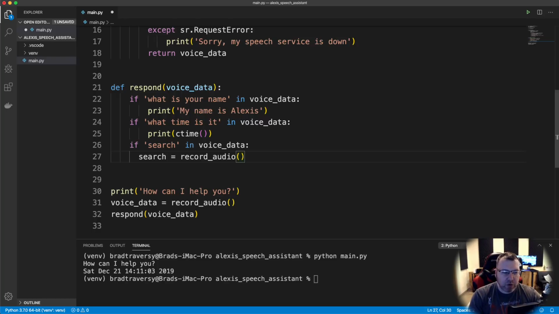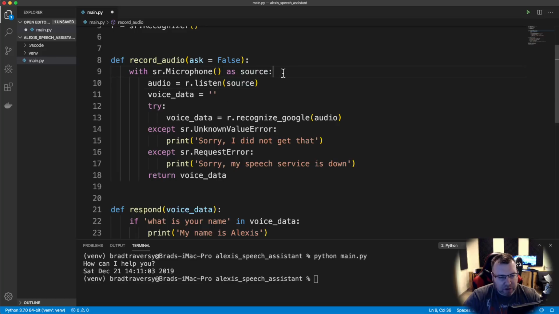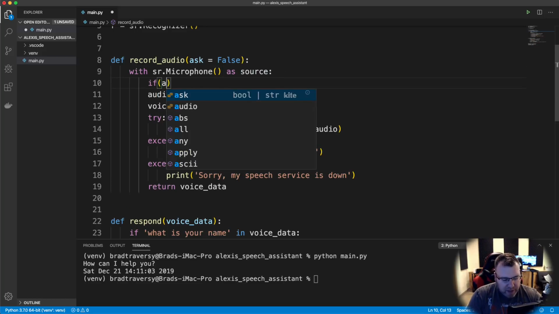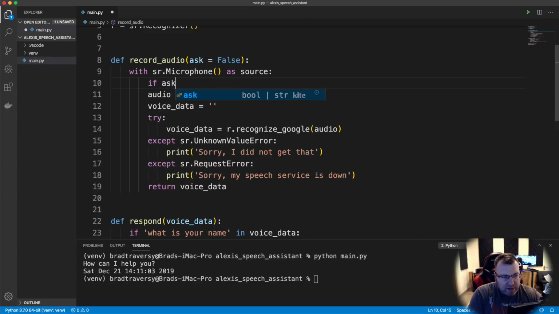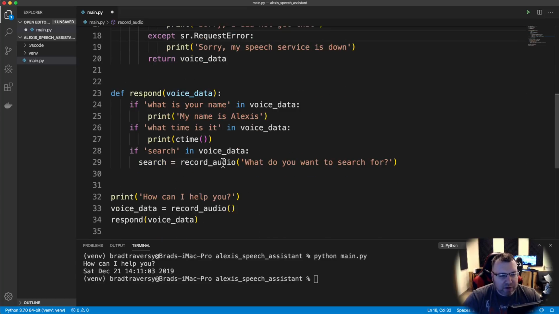because we need it to know what we're saying back. Now this record audio, I'm going to pass in an optional parameter for it to actually ask a question. So we'll say, what do you want to search for? And up here in the record audio, we're going to have an optional argument of ask. We want to set that initially to false because it's optional. And let's put this right above audio. So right here, we'll just say if ask. Actually, we can just do if ask, and then we want to print ask. Okay, and then whatever we say back, whatever we want to search for, is going to get put into this